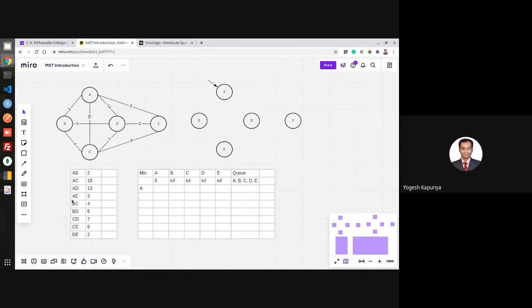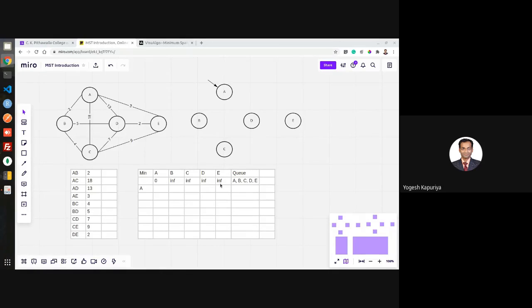Now you will check this edge table or edge representation and find out what the edges connected to A are. Here they are AB, AC, AD and AE. So there are 4 edges.